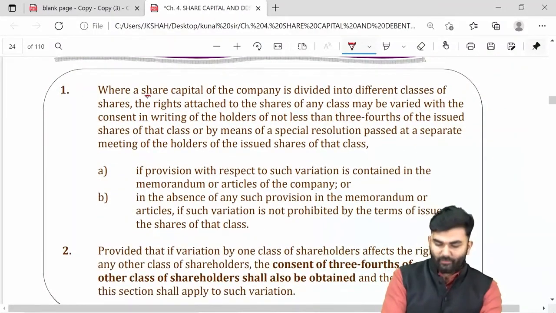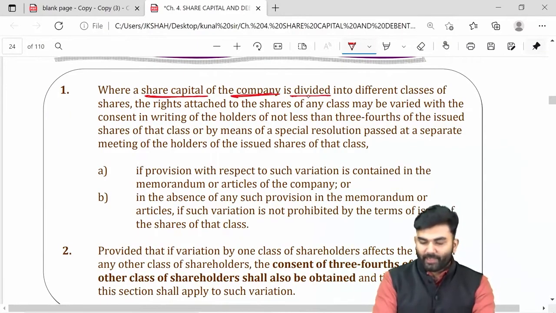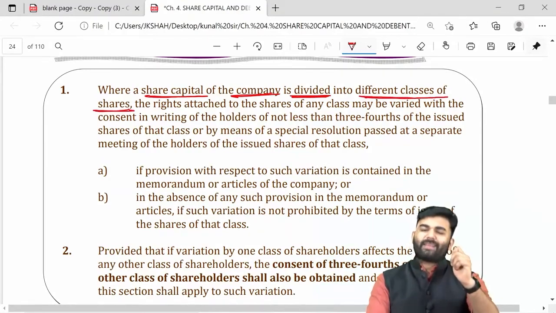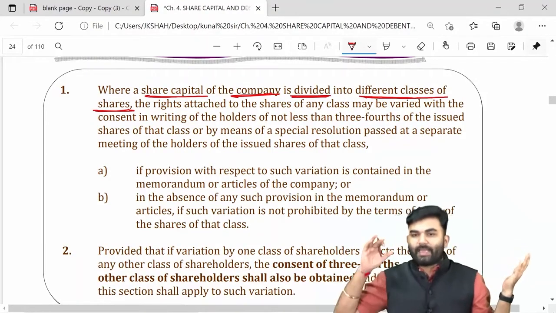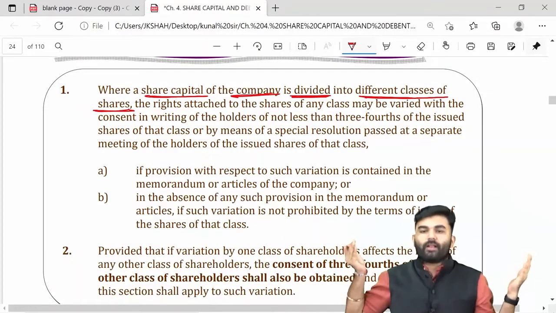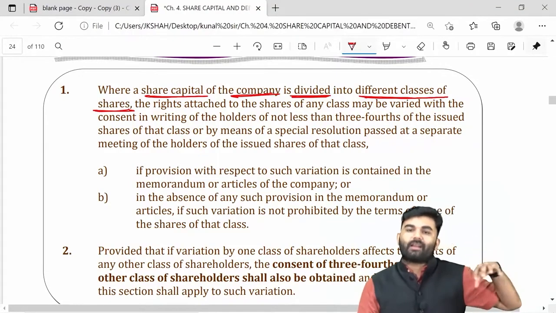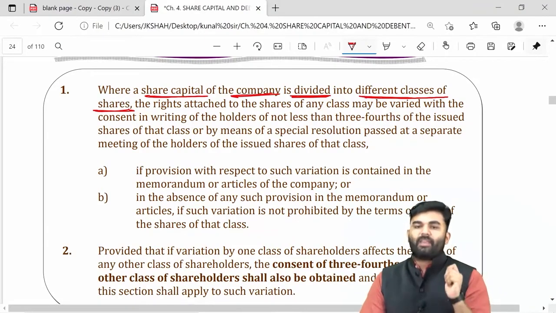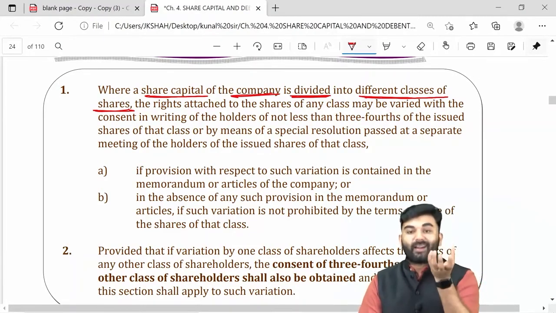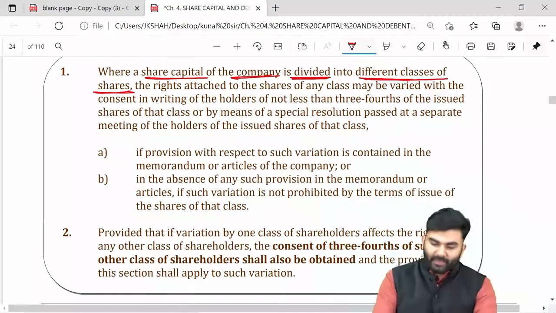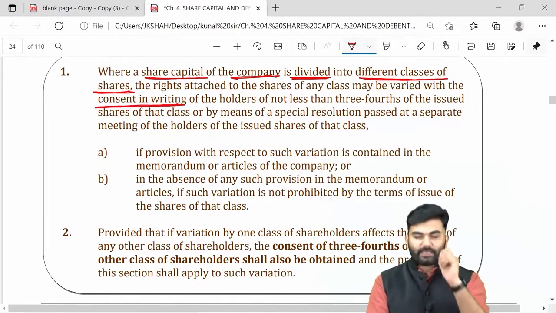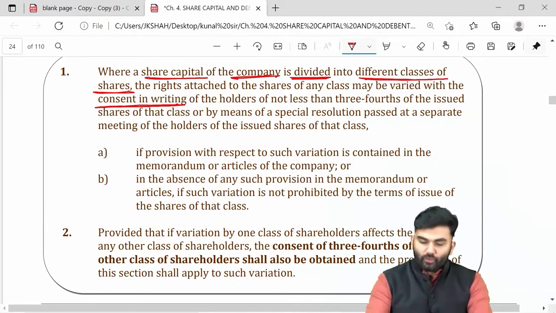Whenever the share capital of the company is divided into different classes of shares, for the sake of example, the company has issued Class A shares and Class B shares. Now, the company wants to change the rights of Class A shares. The lawmaker says if the company wants to change the rights of a particular class of shareholders, then the company needs to first take their consent in writing, which should not be less than 3/4 of that entire